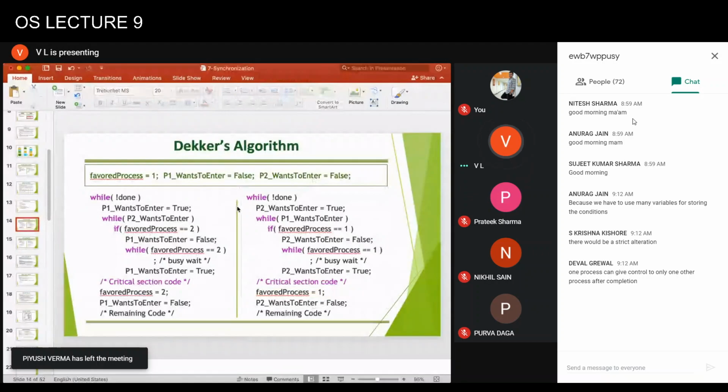Okay, where were we? So let's say there are multiple processes that want to enter. First of all, when we are having multiple processes, this checking of the condition itself would be changed. And the person will have to check whether the favored process is in its favor or in the favor of the other people. So this condition would change. And the problem in this particular scenario is that